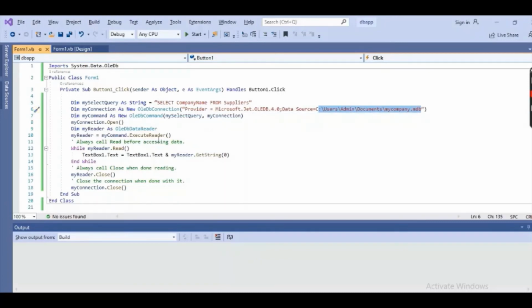Another thing that I would like to tell you is that you should be very careful when giving the name of the field and the name of the database that you are using.